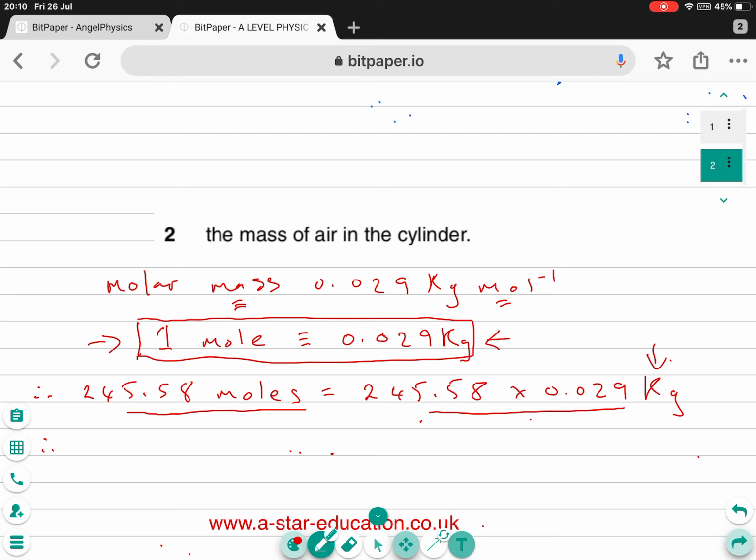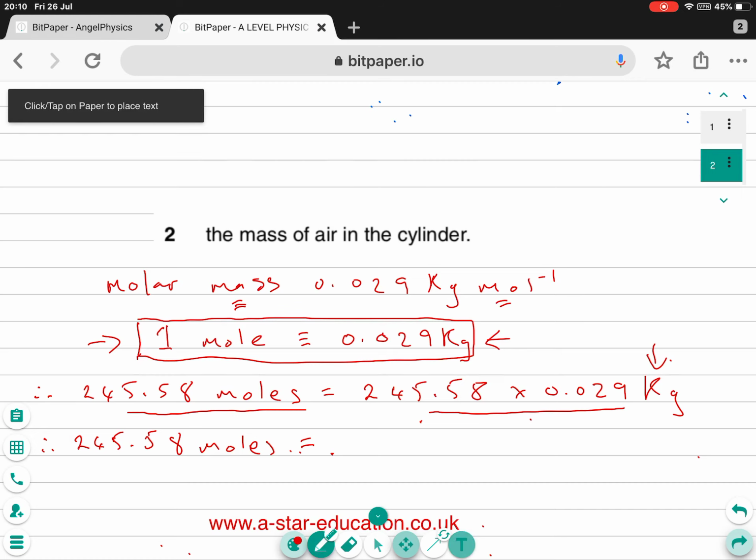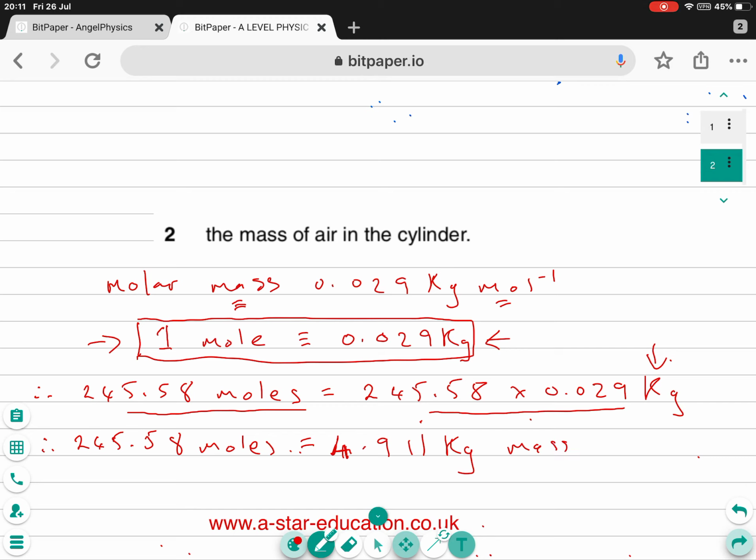So nearly there. So 245.58 moles, which is what we worked out earlier, must be equal to the right-hand side of the equation. And when we evaluate the right-hand side of the equation, just plugging everything on the right-hand side into our calculator, we find that the right-hand side is 4.911 kilograms. So this is the mass of the air in the cylinder, which is what they've asked us to